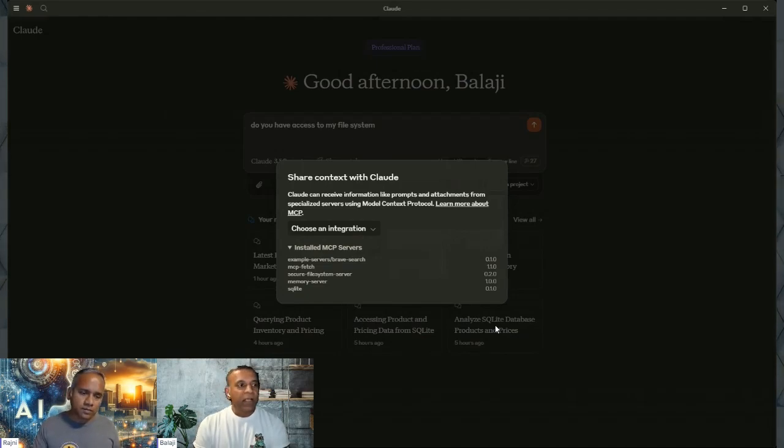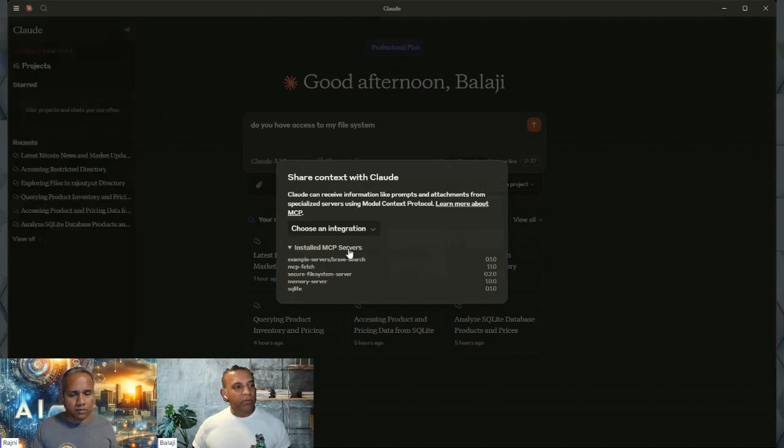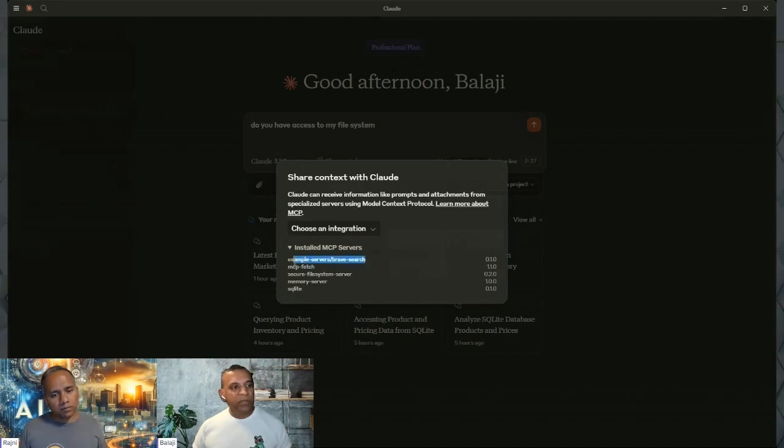Correct. So we have this Brave Search MCP server. This is a fetch, which is a direct HTTP request to some URL. The memory server is basically something that can help the large language model keep a longer context locally. One of the concerns here is you're sending everything and it's accumulating on the other side.